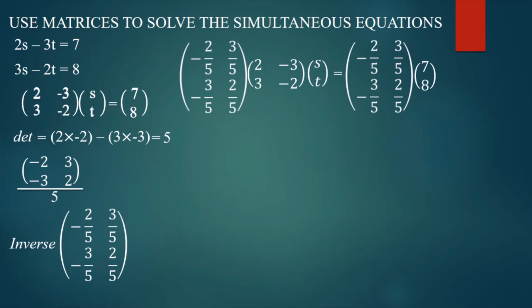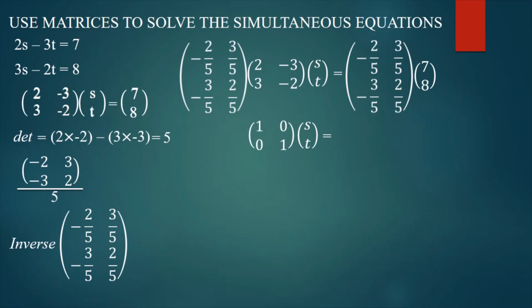the inverse multiplied by our matrix, which was 7 and 8. Now, on the left hand side, when the inverse of a matrix is multiplied by the matrix itself, you end up with an identity matrix. An identity matrix is a matrix that has ones in the leading diagonal and zeros in the secondary diagonal or anywhere else, but ones in the leading diagonal. So when you multiply the inverse by its matrix, you'll end up with an identity matrix of 1, 0, 0, 1. Then this one multiplied by the unknowns, which are S and T, and this one should give us